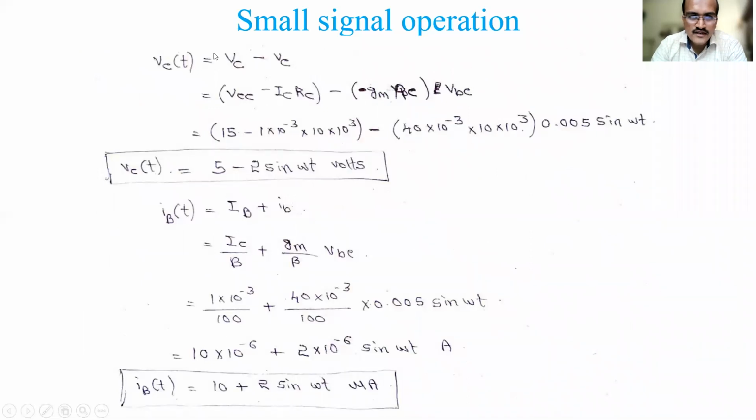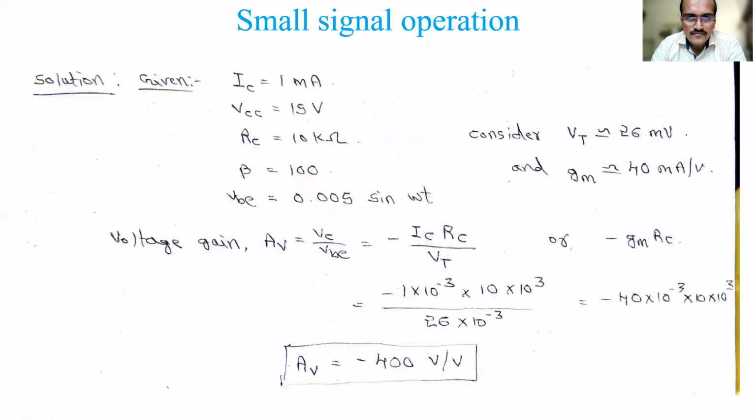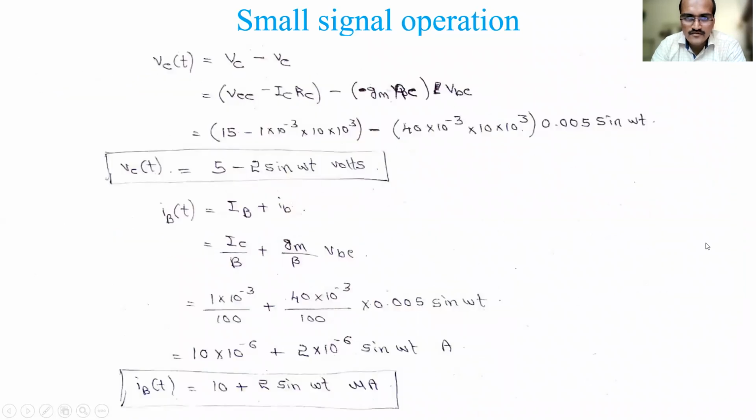So I will substitute for that. Capital VC means VCC minus ICRC. And this small VC, in terms of voltage gain, is GMRC into VBE. Already the minus is there, that's why GMRC into VBE. Voltage gain part I have used. So VC by VBE equals minus GMRC, so VC is nothing but minus GMRC into VBE. Cross multiplied, so I have substituted because I know these values.